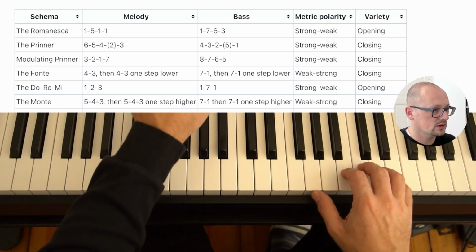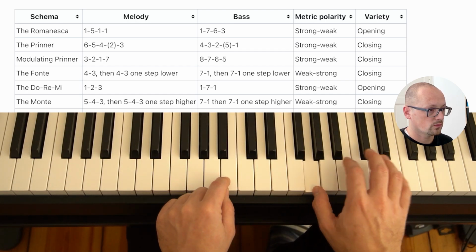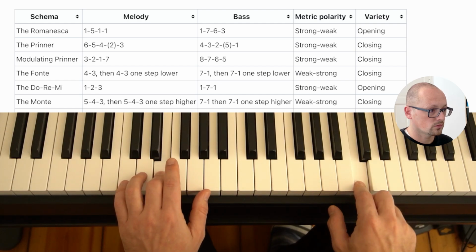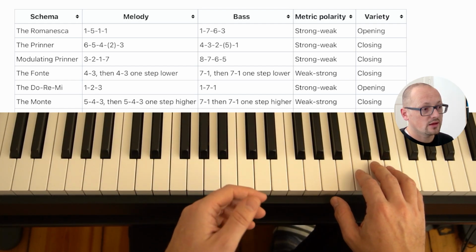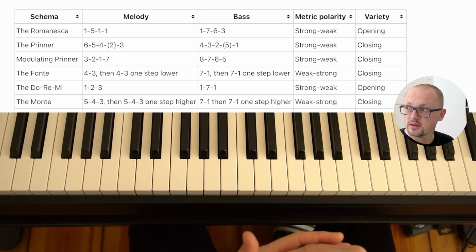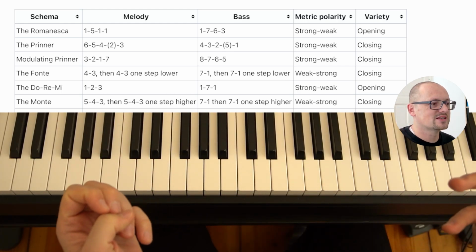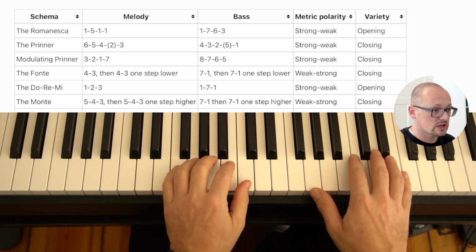Let me show my fingers. And then I can play some typical way of continuing in classical style. It would be Prinner, for example. Yeah? So, for example,